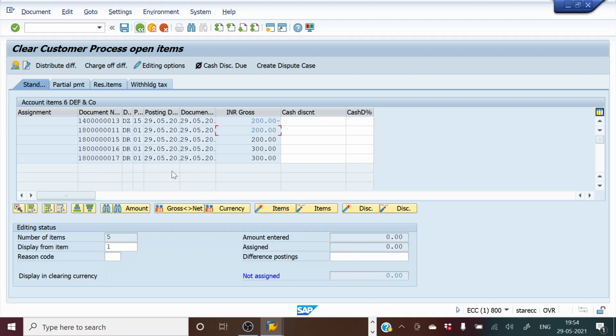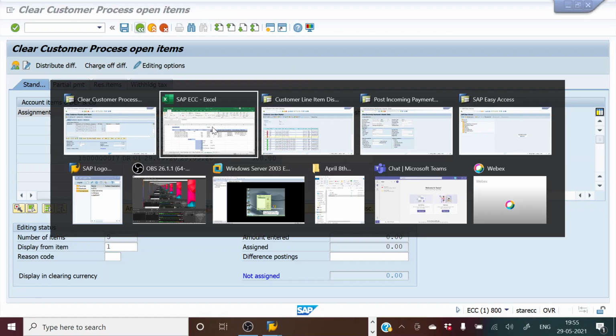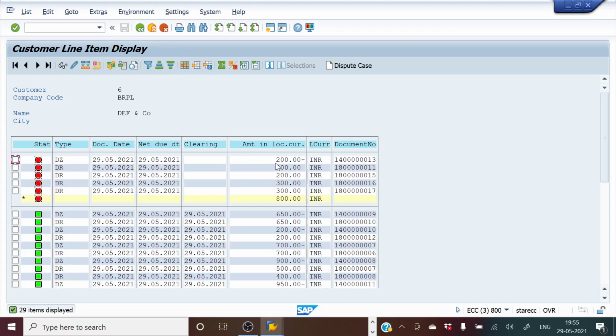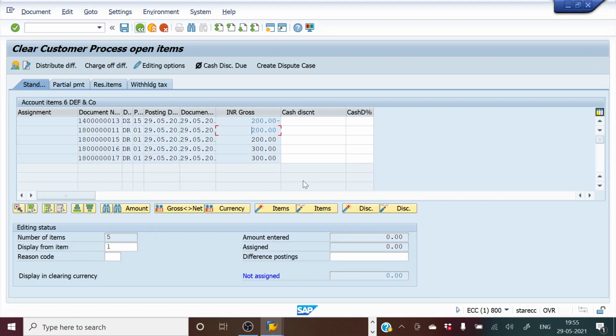All right, so if you see, both have become 0. The payment has been set off against the invoice. So this 200 DZ payment entry is set off against the 11 invoice. This 200 and one of these will vanish from the open items and go to the cleared items.